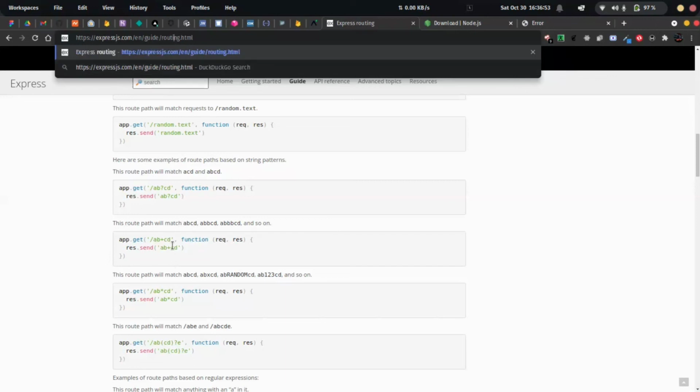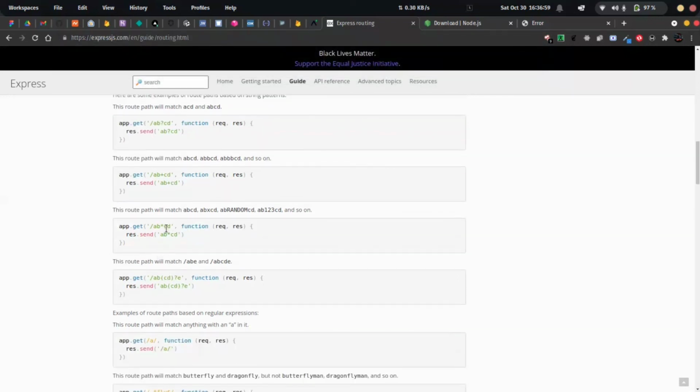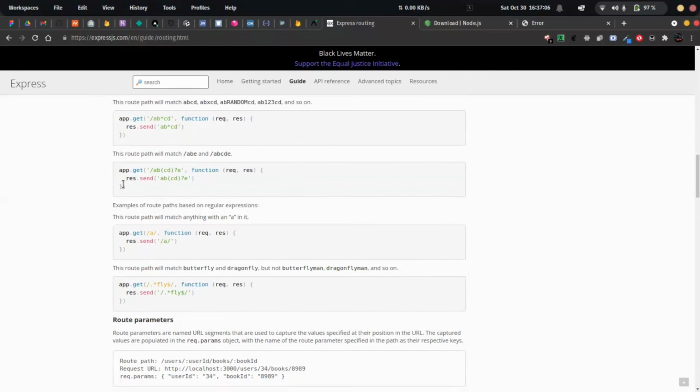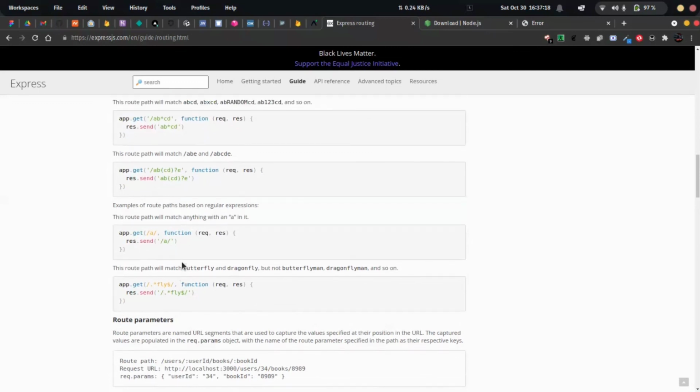Those are the kind of things that we can do with route matching and regular expressions in our route. We can also use the asterisk to show zero or more characters, and we can also use grouping. We can group some characters to make them optional or not. So there are quite a lot of things that we can do with regular expressions in our routes